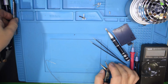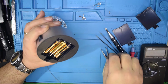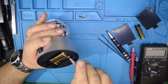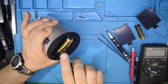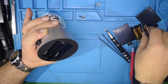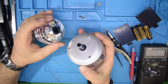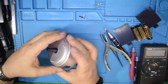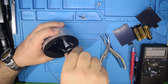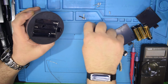Right, so let's get the sharp thing out of the way. Right, so we'll pull the batteries out of this. And I would imagine if that last one was anything to go by, the ball should just pull off. And yeah, there's no LEDs in this one. They're all on the outside. And if we take this apart,